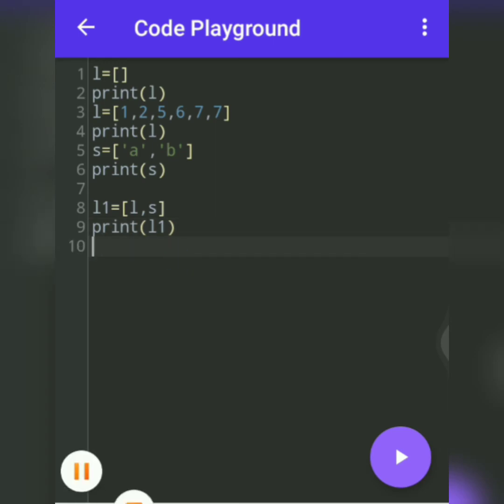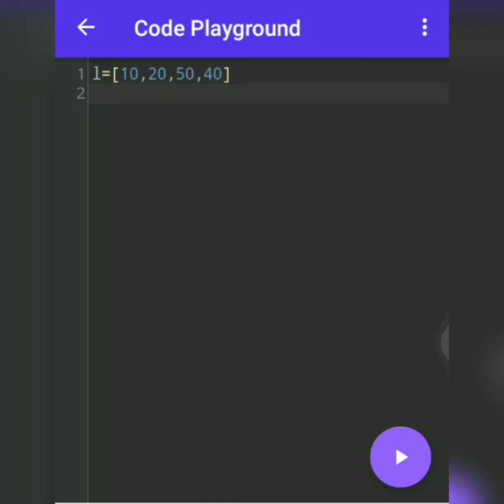Now we can see list L equal to some integer values. We can access these elements by using index values also. Indexes start from 0 to n minus 1. That is, the starting element index is 0, 1, 2 and the last element is n minus 1.